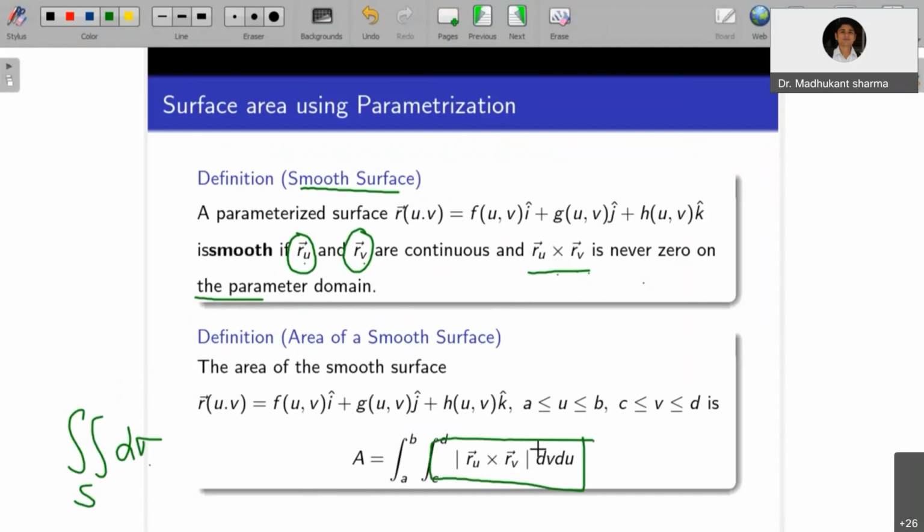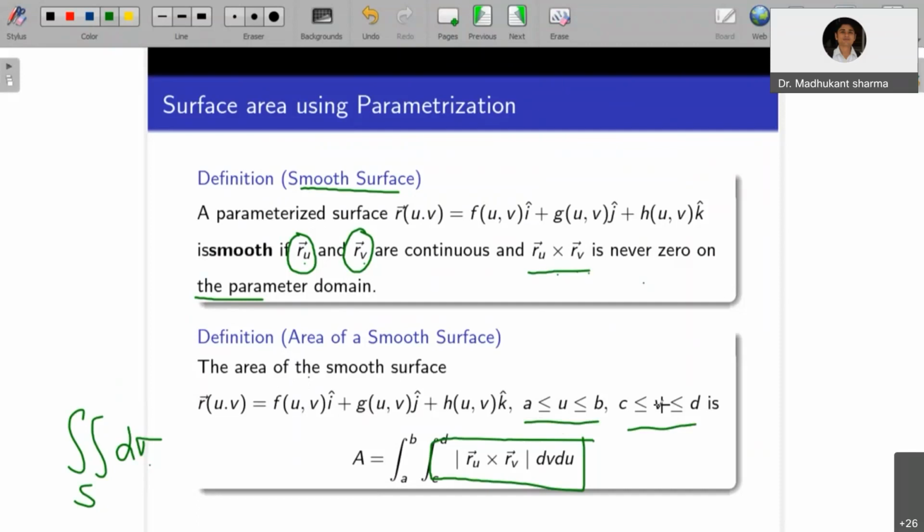Okay. This is proportional to this one. I'm not going into that detail here. So we can directly adopt this as a formula. Again, the concept is similar to what we applied in the Riemann approach, where we took the patch. Now we have another parameterized surface. In terms of the parameterization of the surface, you will get it in this form. And here also we have taken the parametric domain as a rectangular region, a to b and c to d.